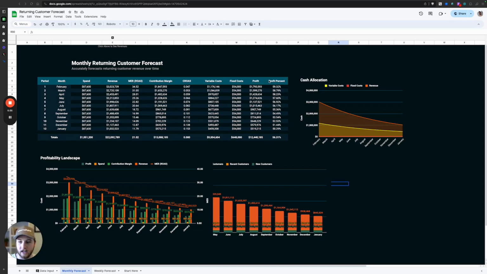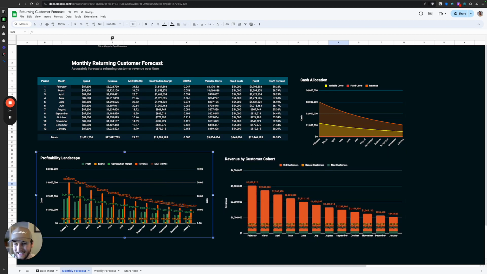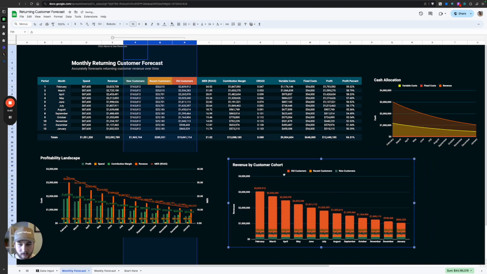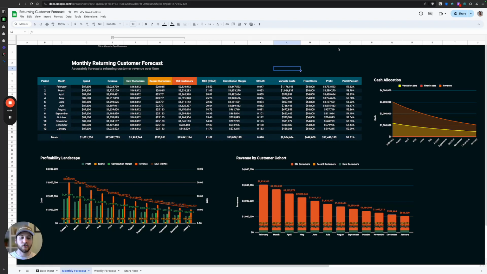Now on the first page, we have the monthly returning customer forecast, which really shows on a per customer level how much revenue you're going to be making from each cohort. So we break this down into new customers, recent customers, and old customers. And the definitions for these really have to do with when they last purchased, and when their first purchase was. We're breaking down your customer list into different buying behavior,